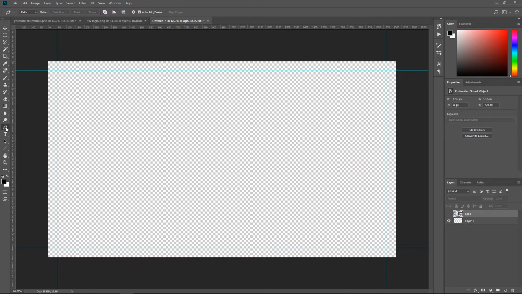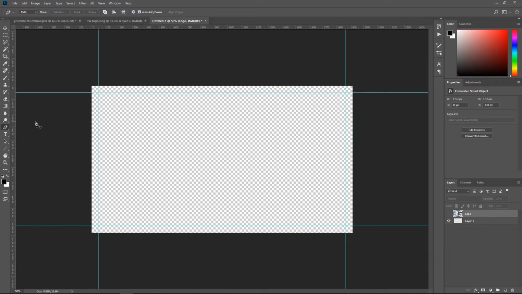So I'm going to select my pen tool, and I'm just going to zoom out by pressing the Control and the minus key. And I'm going to click some points down. Now I'm not going to cover how to use the pen tool in this tutorial. I have got others that do that, but they do need updating. I'm just going to click and put some points down. Okay, now I want to select individual points. What I can do there is press the Control button and click on the points, and I'm just going to move these,